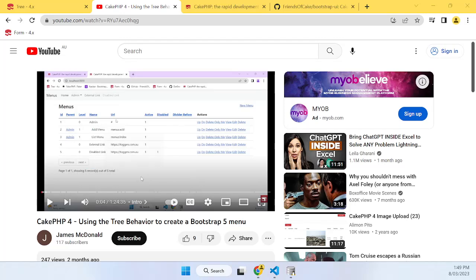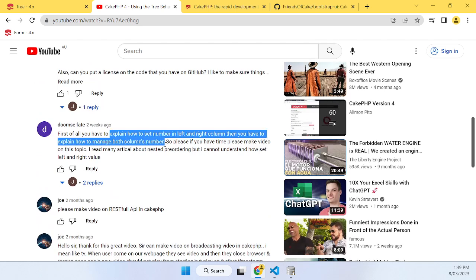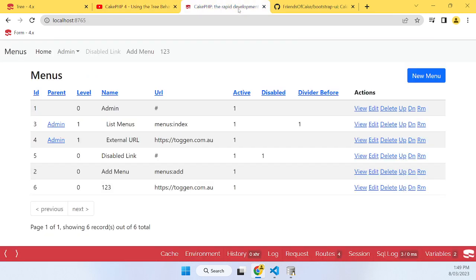In a previous video I created a menu system using the tree behavior, and one of the comments just highlighted the fact that I didn't explain well how the tree behavior was setting the left and right column values and how that is managed. So what I thought we'd do with this video is